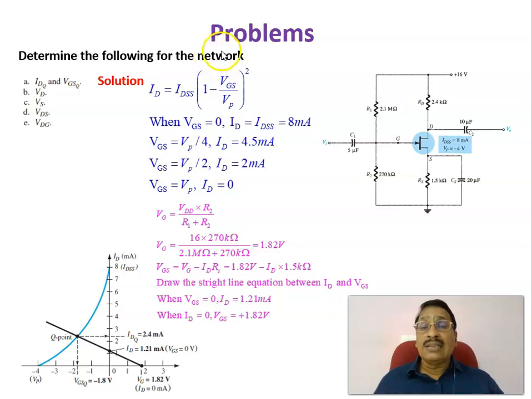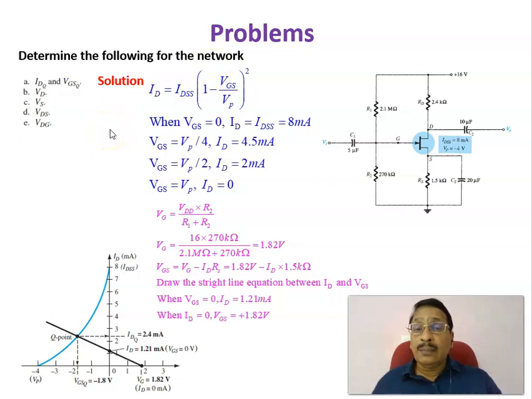Now let us consider a problem on voltage divider biasing. This is widely used as a biasing technique, here with an n-channel JFET. These are the biasing resistors R1 and R2, and the midpoint is connected to the gate terminal, and there are resistances in series with the source as well as the drain, RS and RD. And this is a fixed biasing circuit in which the question is to determine the following for the network,